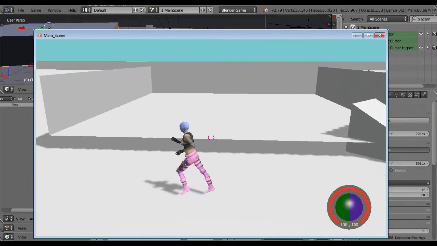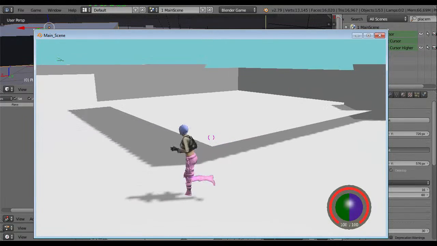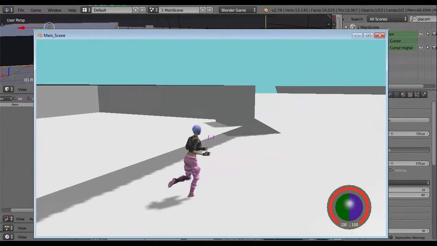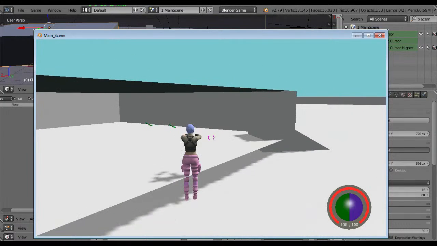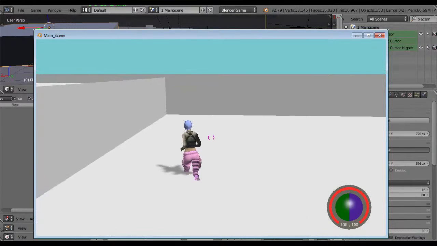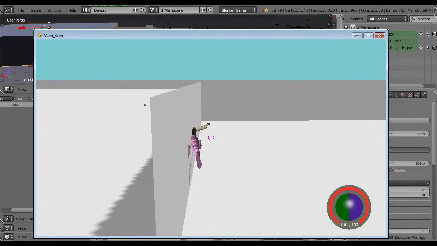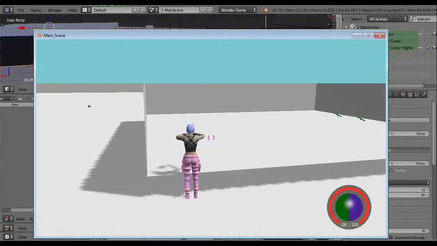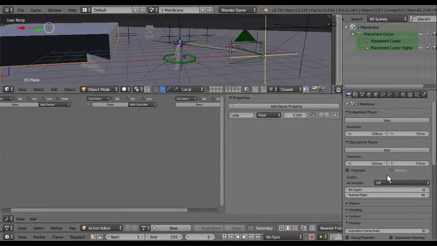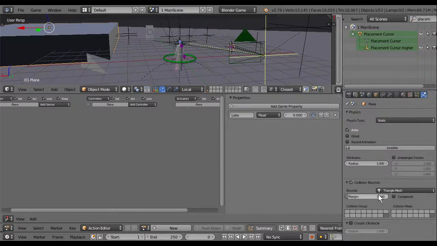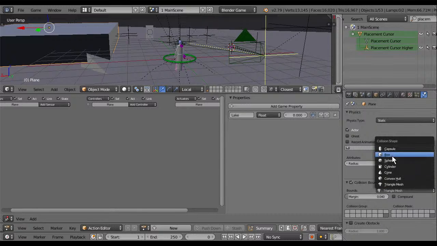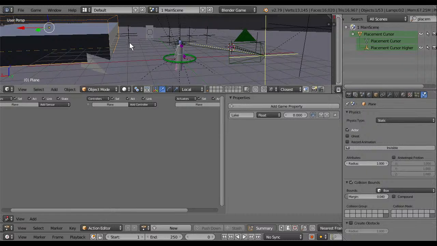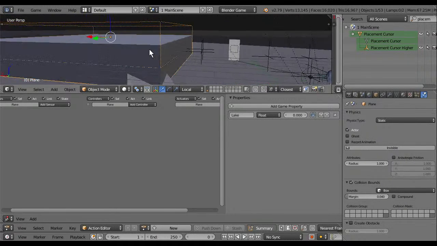And that's beautiful, and it cannot see from the inside. Triangle mesh works. Let's see, cube. Box, we're in the center.